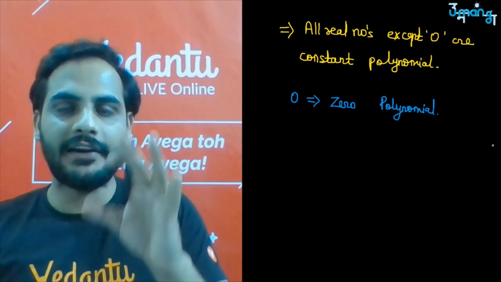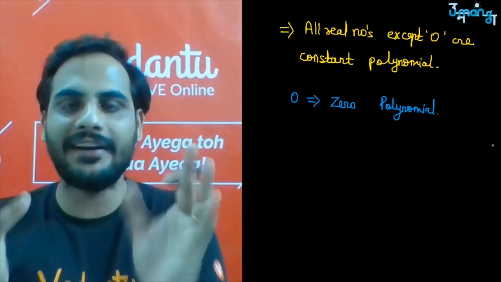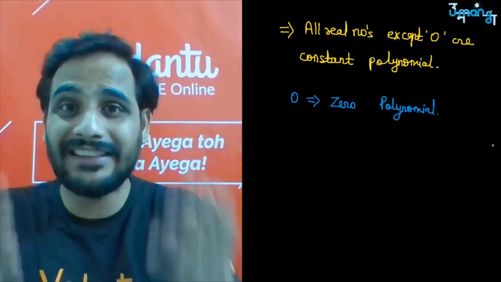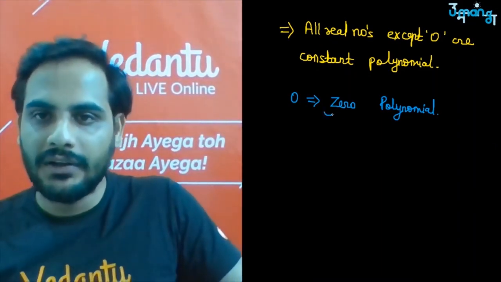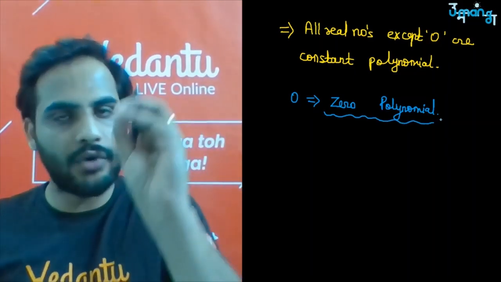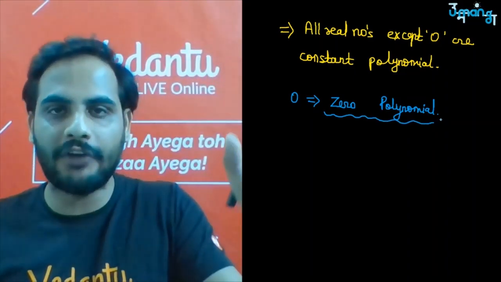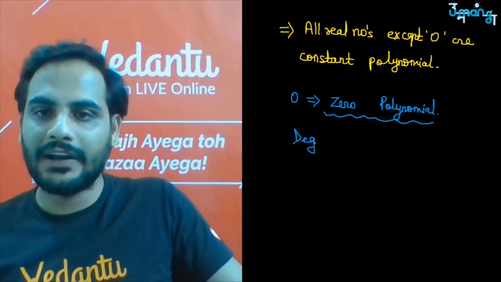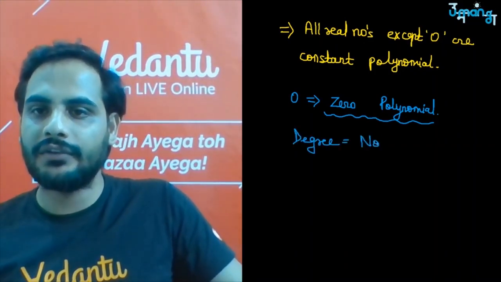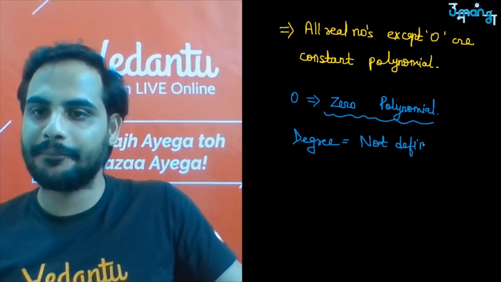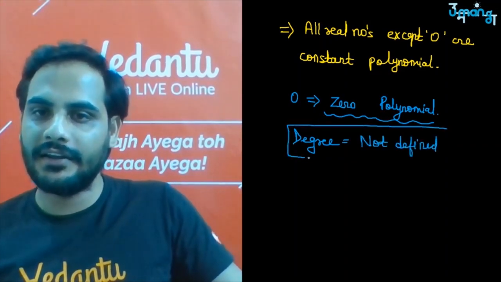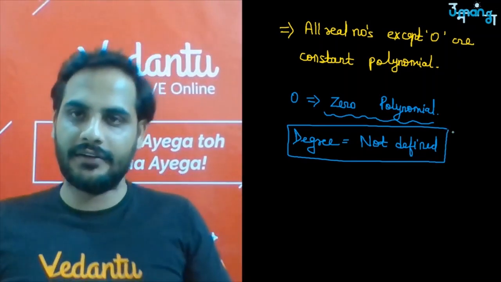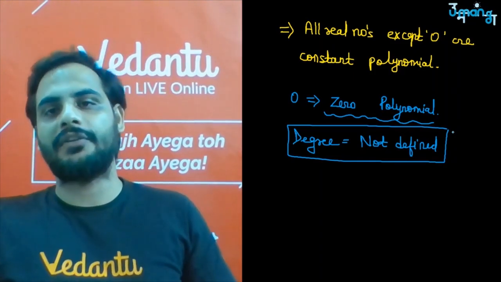Why is it given a separate name? Because its degree is not 0. You can say degree is 1, 0, 1, 2, 3, 4. Its degree can be anything you want. So remember, 0 is the only number that is called the zero polynomial. No other example of it, only 0 is your zero polynomial, and its degree, very important, is not defined. So these are your different examples of the polynomial.